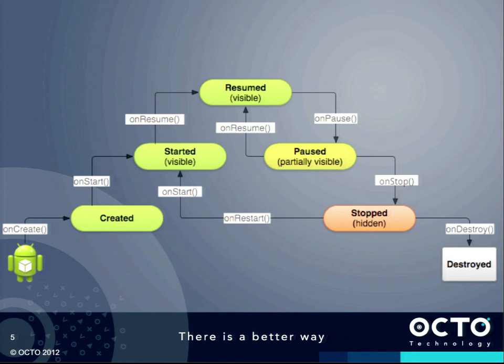So every application on Android is tied to a single process. And within each process, you have a number of what are called activities. An activity is sort of analogous to a single screen. It's a little more complicated than that, but for the purposes of demonstration, that's the way you can think about it. So you have an application tied to a process with a stack of activities that are being created and